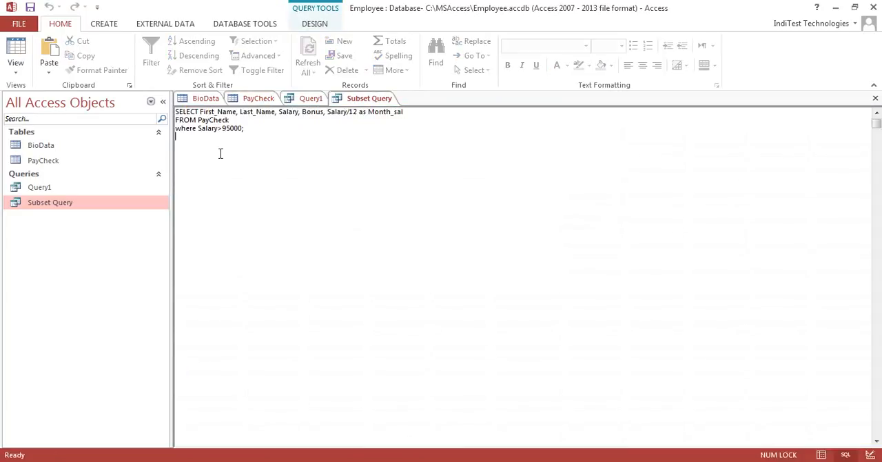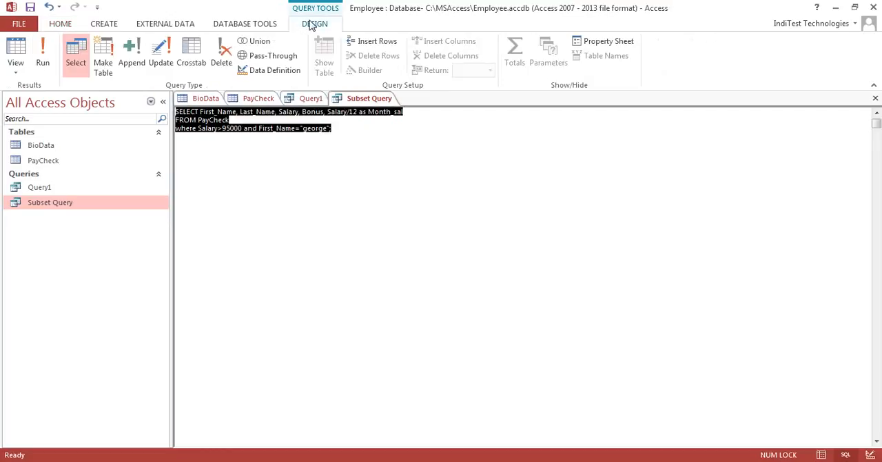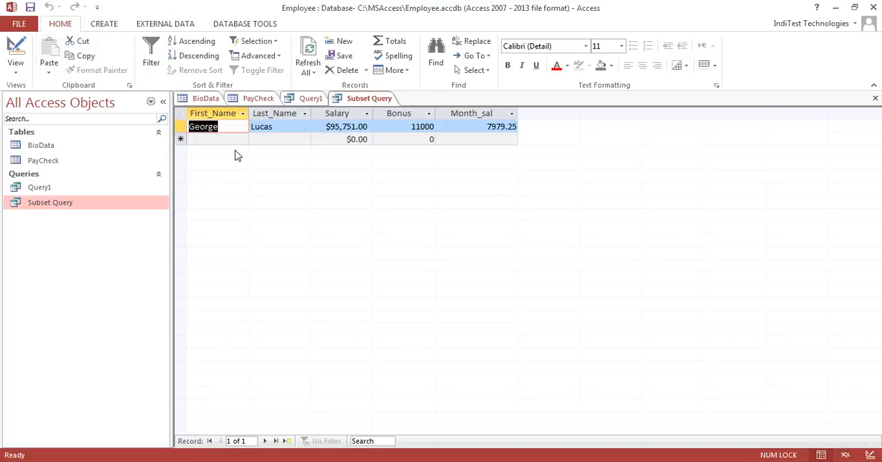So let's just type it over here. I want all of these variables from the table paycheck where the salary exceeds 95,000, and first name equals George. The name George is in apostrophes, in inverted commas. So when I run this query, I'm going to hit the run button. Again, it presents me with only that record of the individual where the name George Lucas had a salary